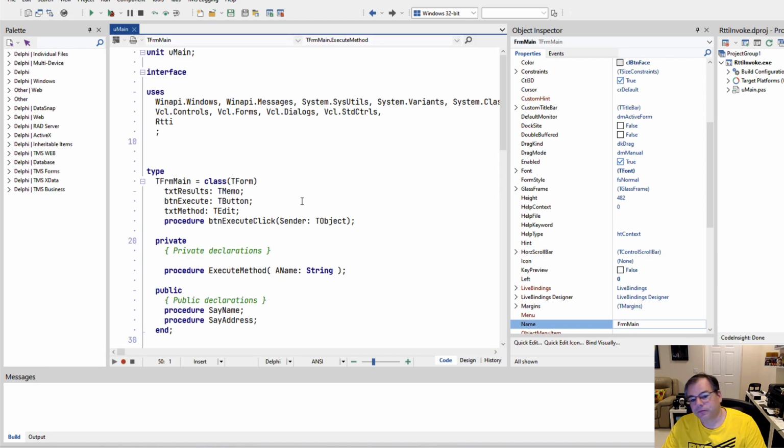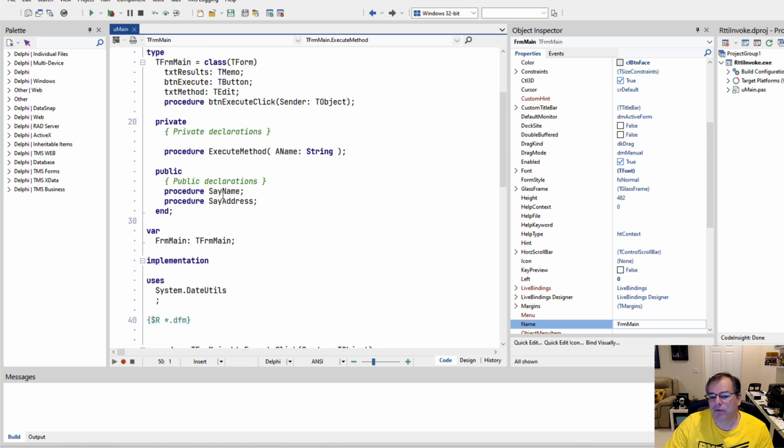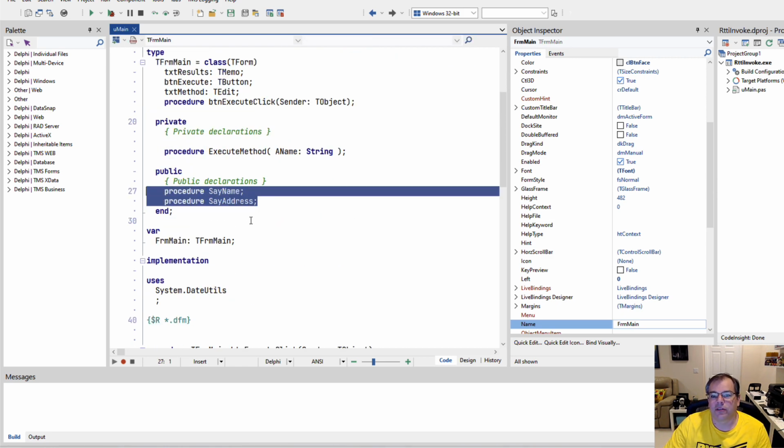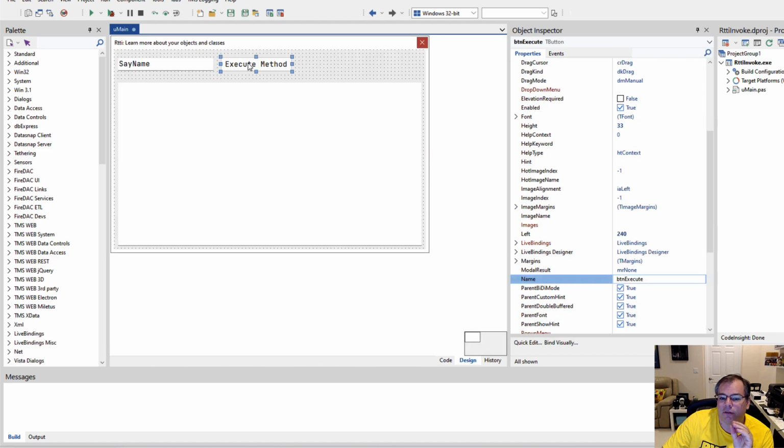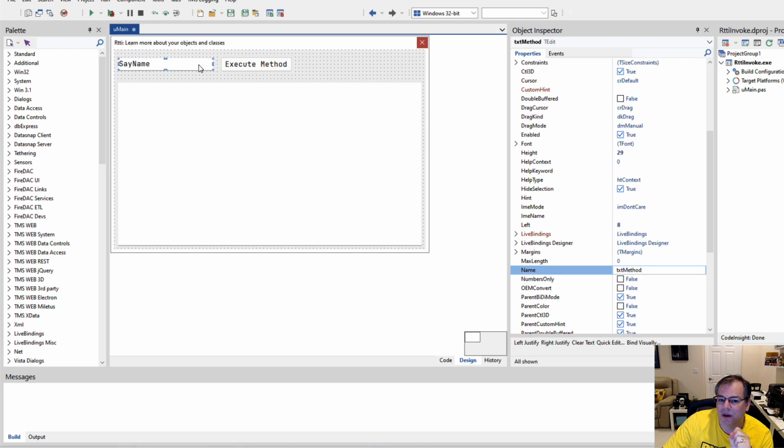And also, I expanded the main form with two methods, two procedures, say name and say address. Say address simply adds this text to the memo control, and say name this text. That's all they do. Very simple. So the functionality for the button here is to execute the method with that name that is entered here.